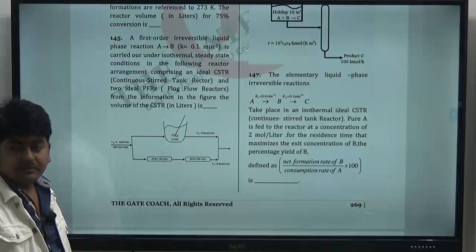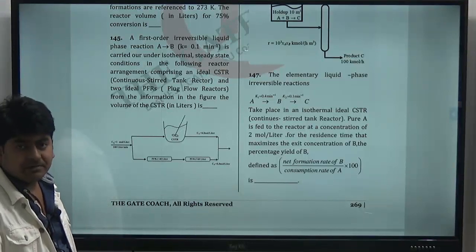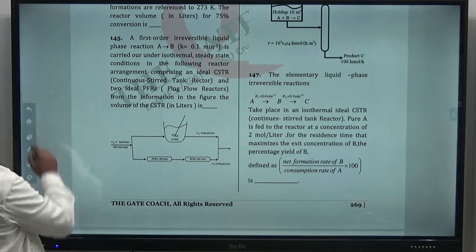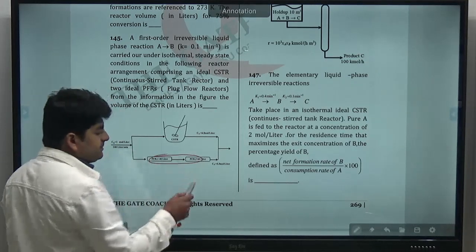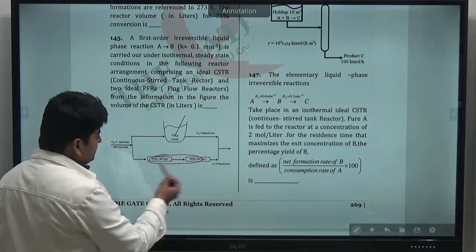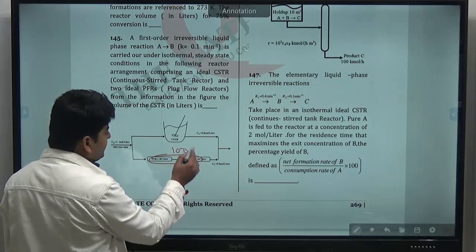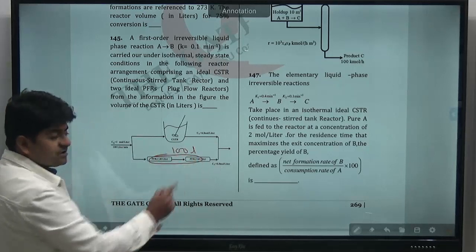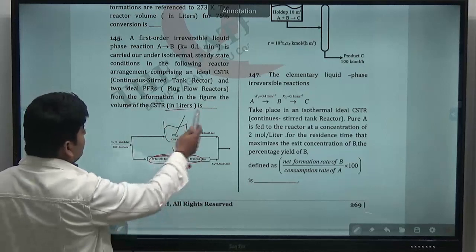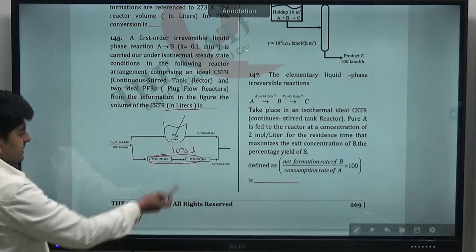See, here we have MFR, PFR in parallel. So MFR, PFR in parallel means I cannot compare them directly. I have to solve one by one, as I have already told you. So one thing is obvious, that PFR in series can be replaced by a single PFR. So the volume of the single PFR will be 100 liter. In both the cases, final concentration is same. I want to calculate the volume of MFR.